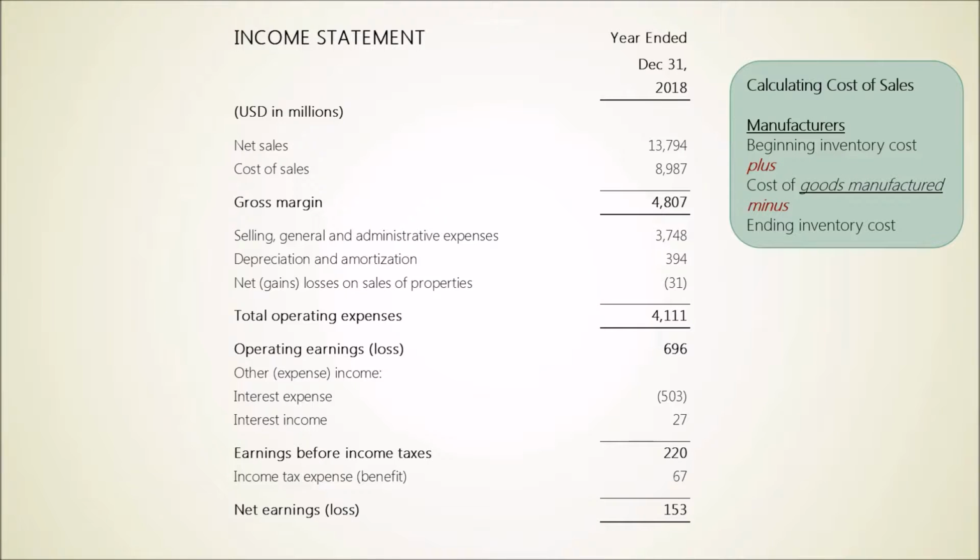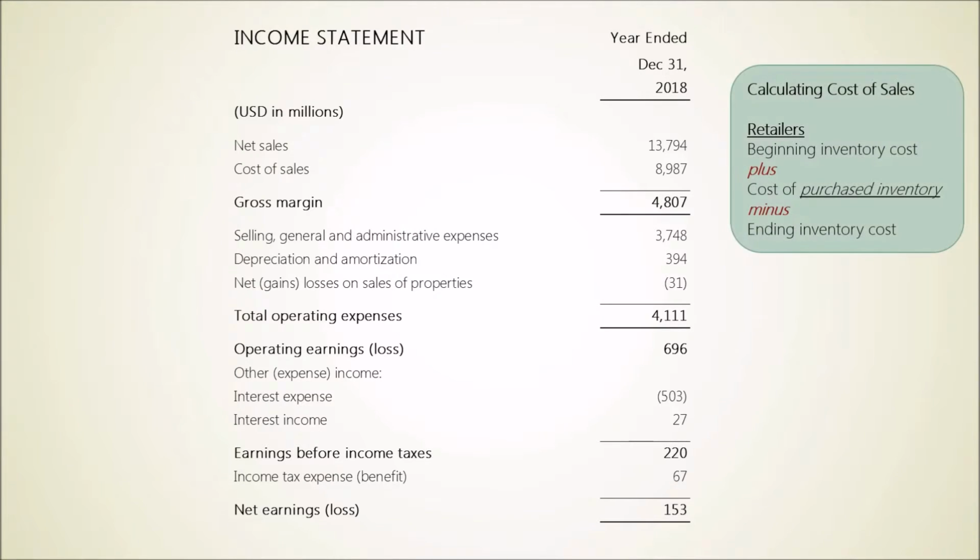Cost of sales can be calculated by using a formula which is beginning inventory cost plus cost of goods manufactured minus ending inventory cost. This formula is used by manufacturers. So if this toy company manufactures the toys, they would use this formula. Nowadays, the system can do the calculation for you, but